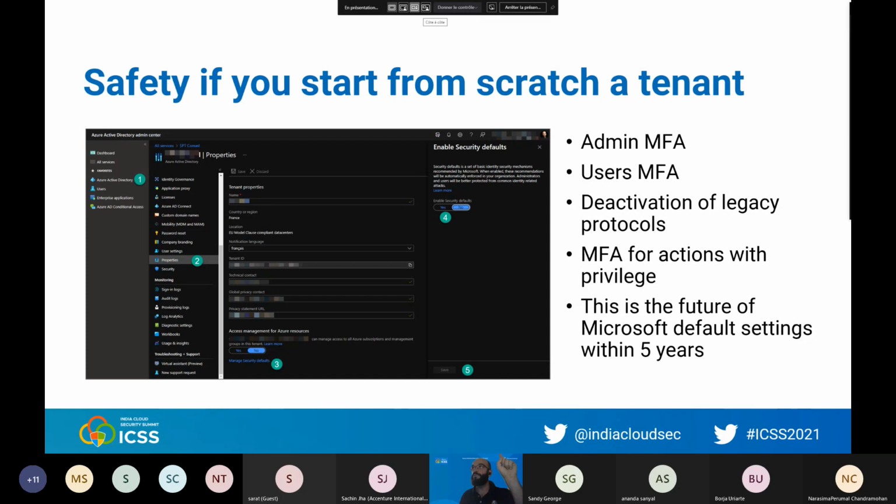Don't do it if you're having a big company with legacy applications and so on. But if you begin a new tenant and you want to say, okay, I want a new tenant with good security, don't think too much and just go there and click yes. Okay, it's a good test. For a tiny company, it's sufficient.